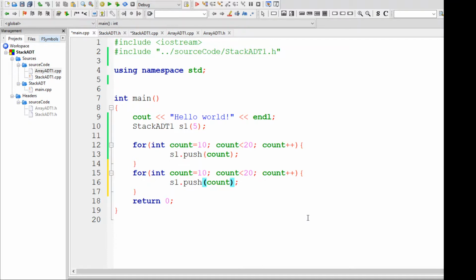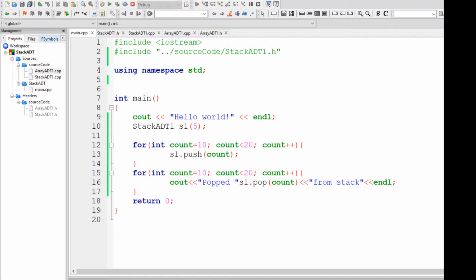I'm saying pop 10 values from the stack, and I'll simply say popped this particular value from stack, and then put end of line. Okay. Now what do we expect? We are trying to pop 10 values, but we can pop only 5 values, and after that 5 times we should get the message that we could not pop.